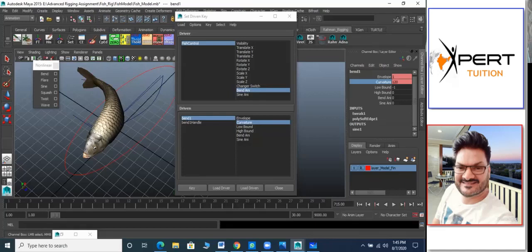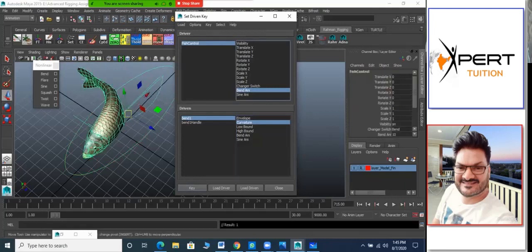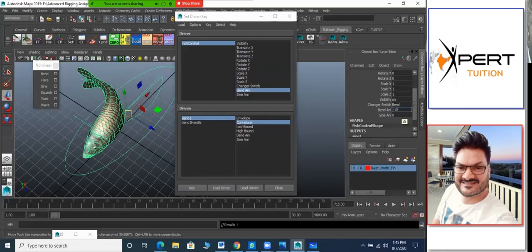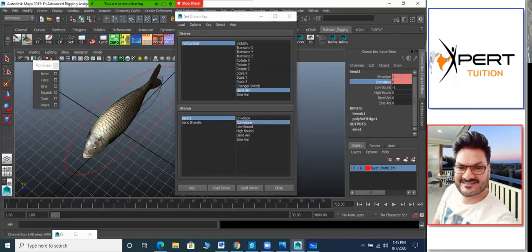So I'm saying, okay, for plus 10, the curvature value of 120 is good enough for me. So I can key it. The first key I created was for the 0 value, the default value, then I created one for plus 10. Now I'll create one for the negative value. So I can go here and type the value minus 10, and then go for the curvature value in the negative. On that side we gave plus, so this side we have to give minus 120, the same number, so it will look very identical.